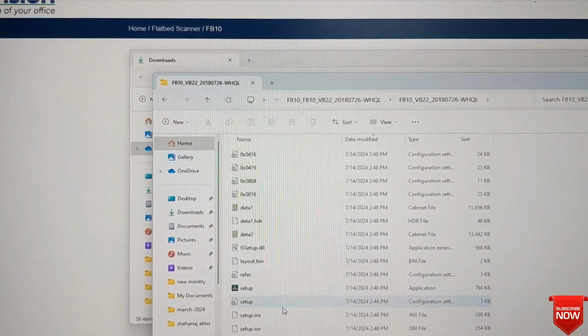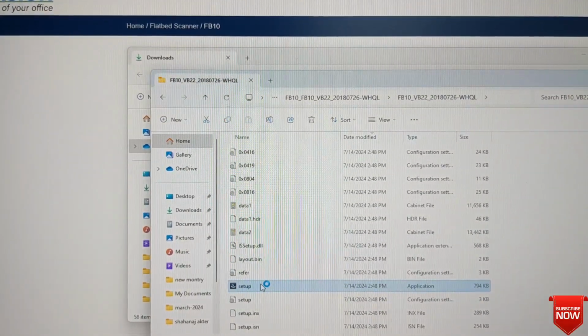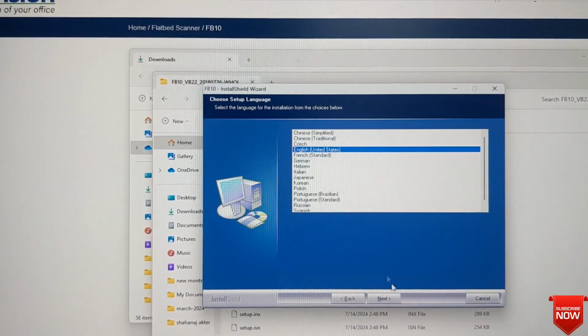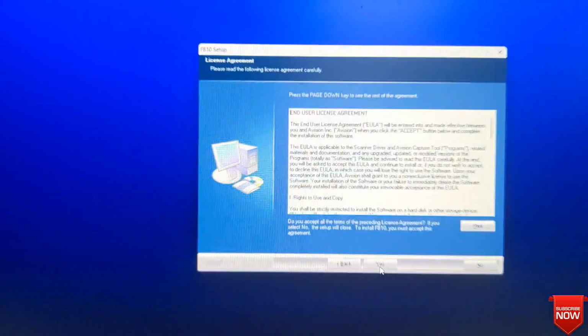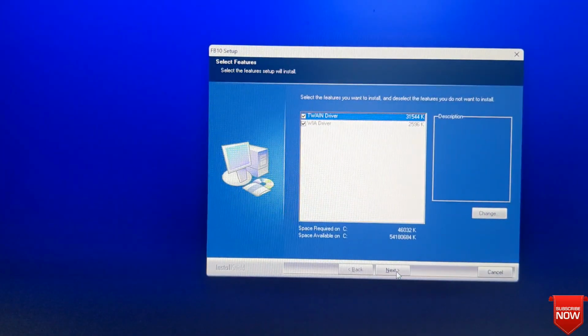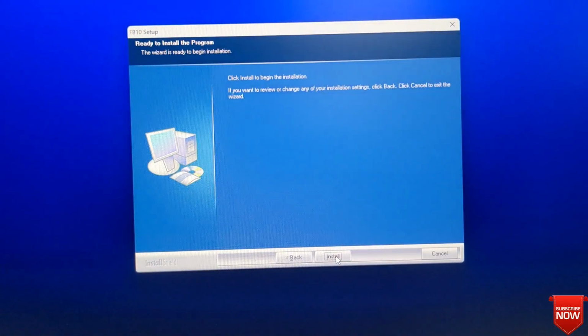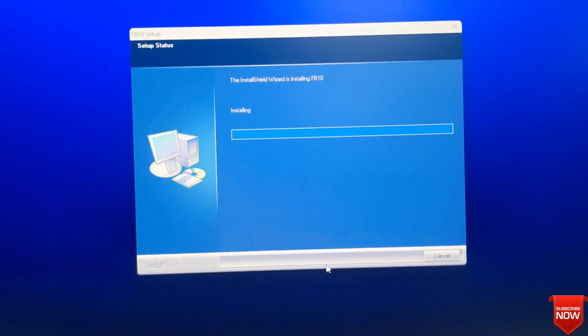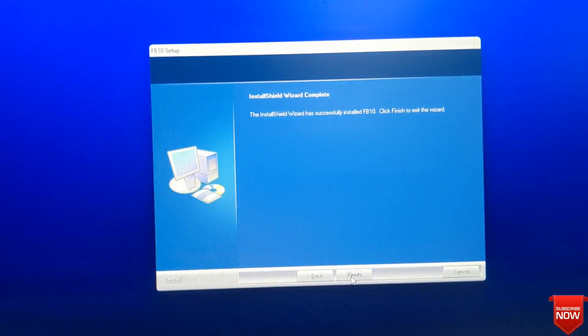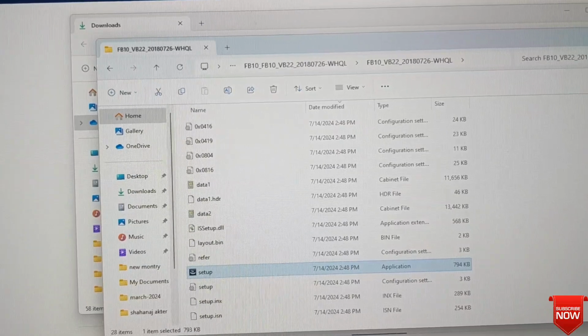and install the software. Double click, next, next, next and next. Installation complete. And another is